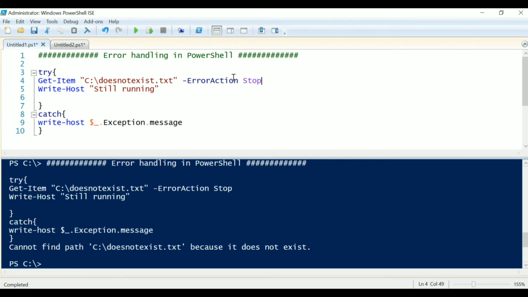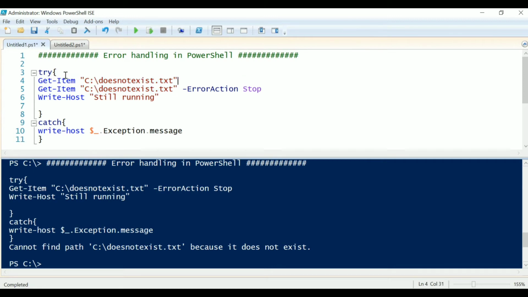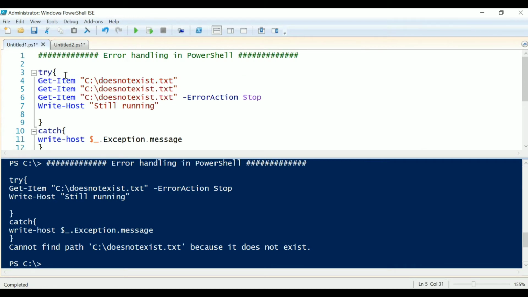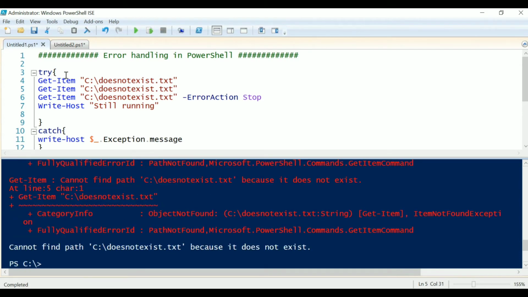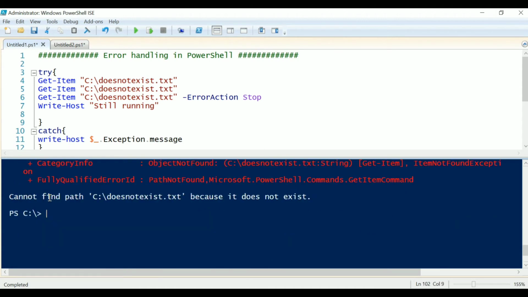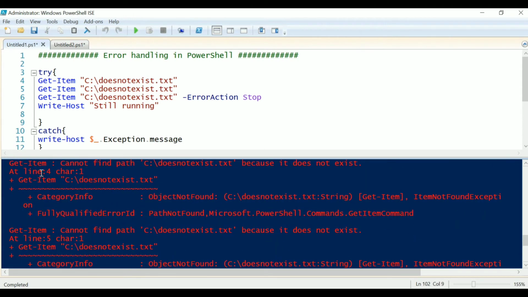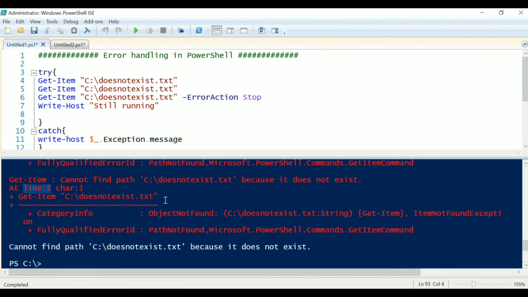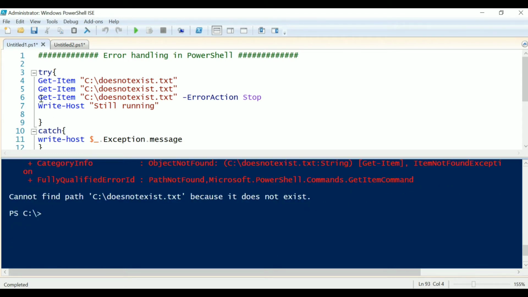If I have multiple lines of statements like this and execute my program, as you can see, line number 4 and line number 5 gave non-terminating errors, and from line number 6 control goes to catch once we got a terminating error.